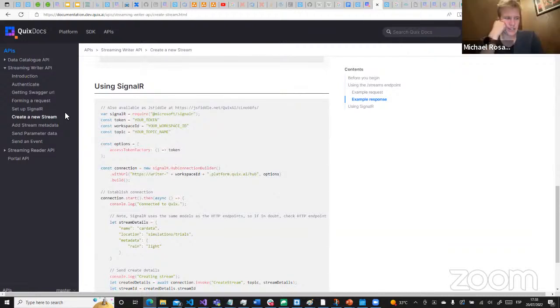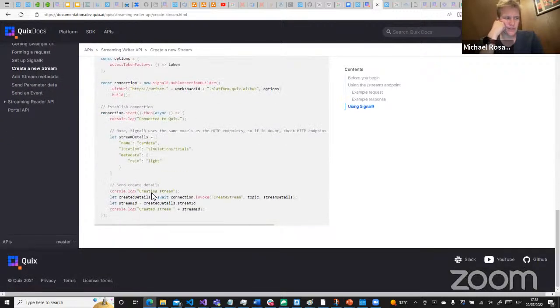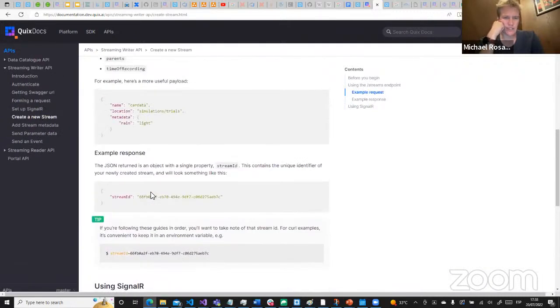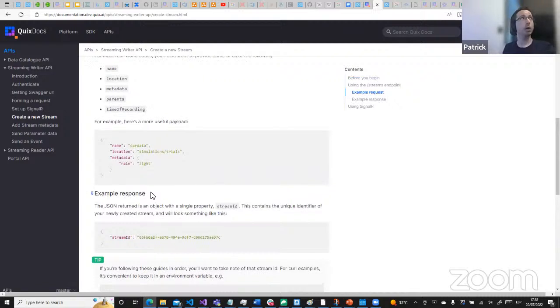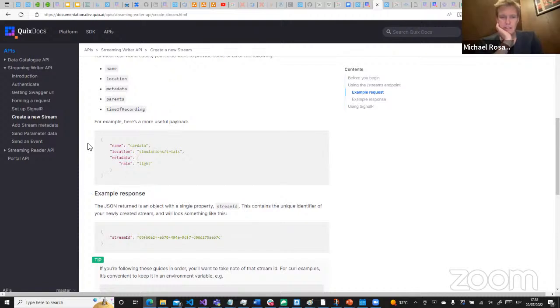Right. So it's a user-defined separation, which actually gives you horizontal scale inside the Quix workspace. Exactly. Yeah. Because you don't want data from the same machine to go to different computers. So if you've got two replicas, you want all the data from one machine to go to one of the replicas to make sure it all gets processed together.